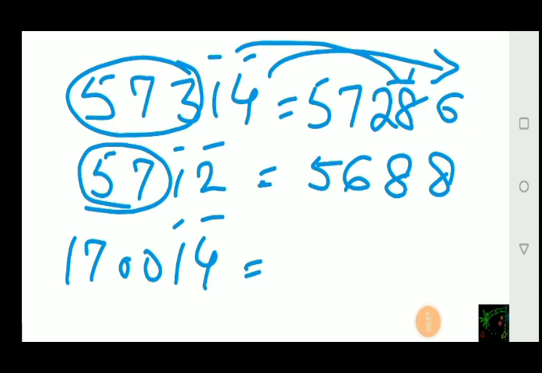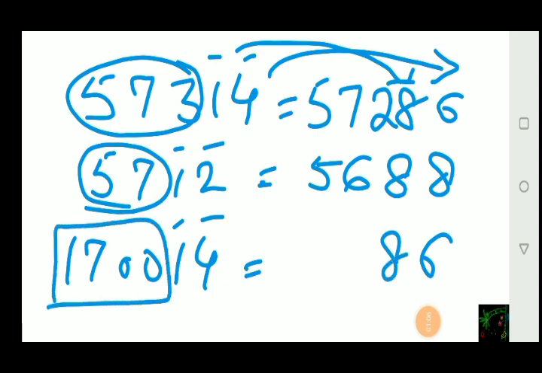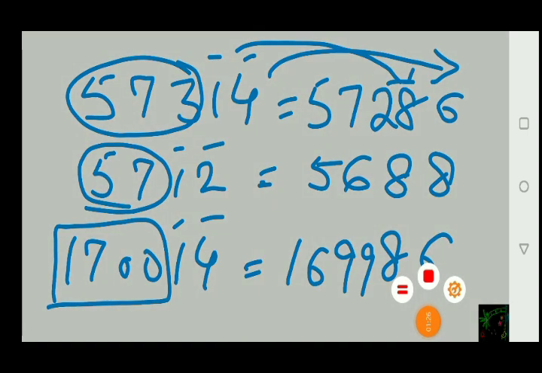Now take another example. 1, 4. These are having bars. So we will be getting here the number 6 and 8. And then after that we are having 1700. So 1 less than it is 169986. So this devinculating will be very beneficial to you when you are multiplying the numbers when one is above the base and another is below the base.